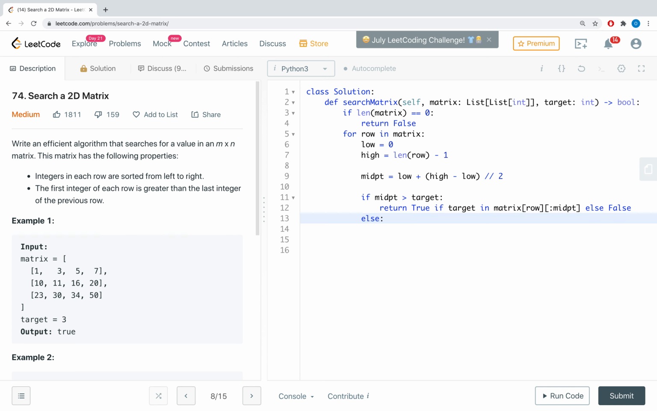But if the midpoint is less than or equal to the target, that's for us to check on the right side. So we need to check the last element in that row. If matrix of the row and the last element is greater than the target, because we know it is sorted, then we know it's there, we return true